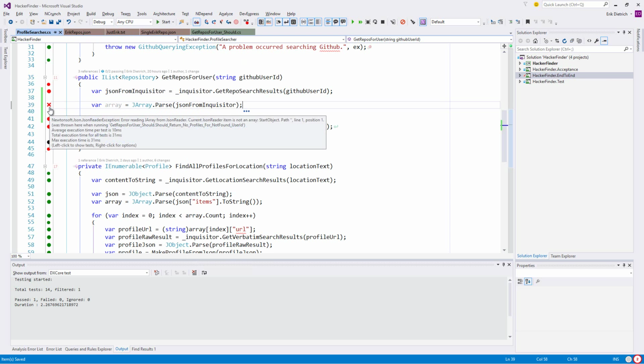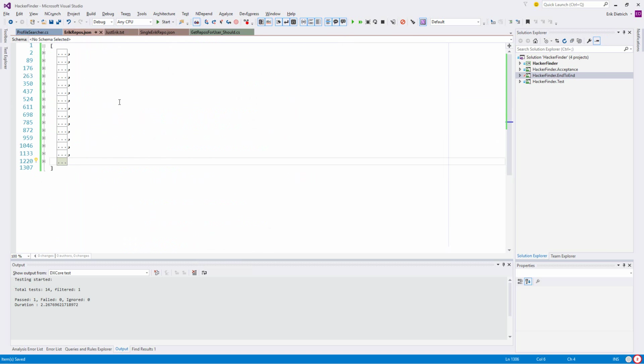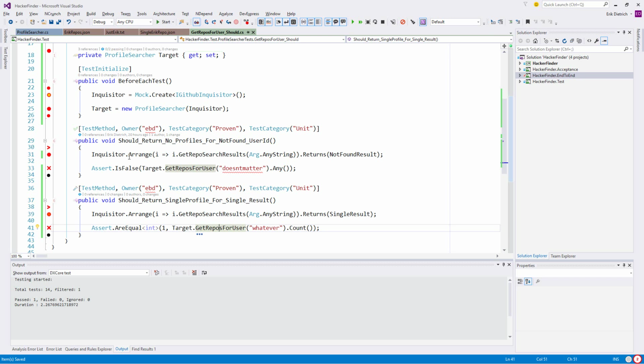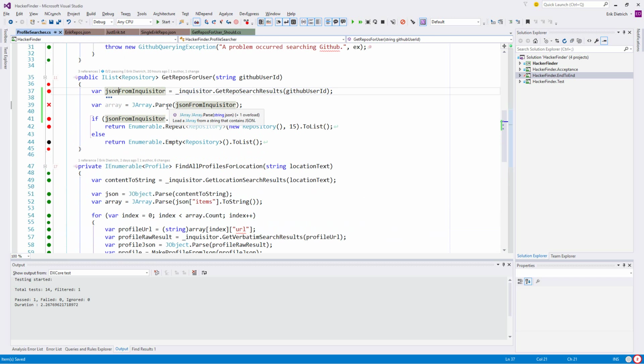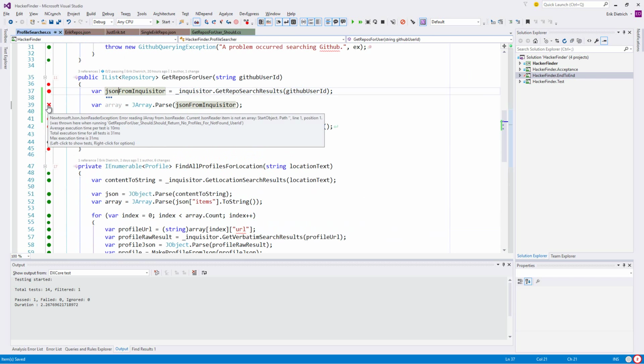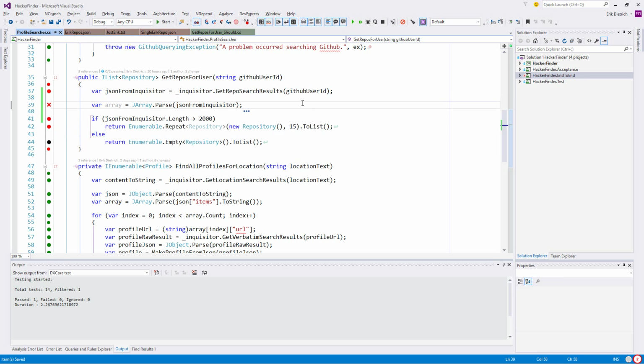So you don't like that. Which tests are barfing? So this can't be parsed into an array. Interesting. And this is throwing an exception. Error reading JSON, item is not an array. Okay, I wonder if there's a